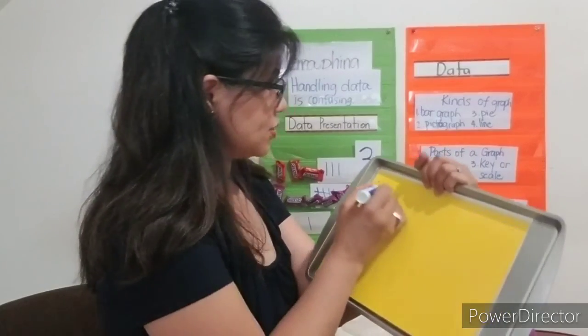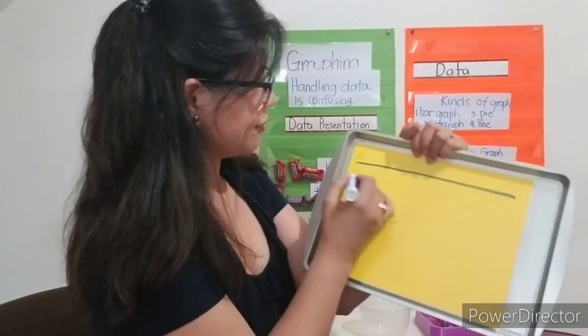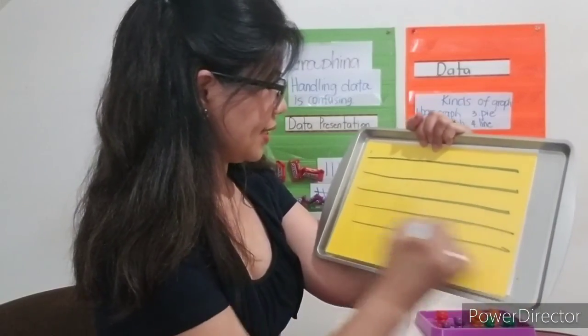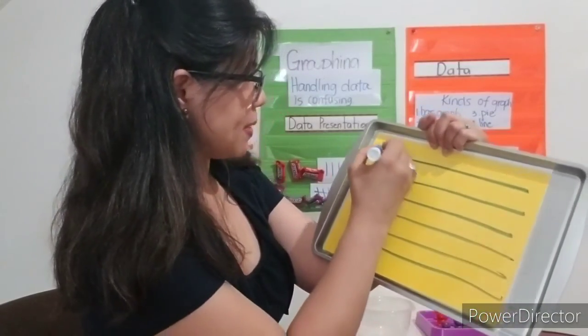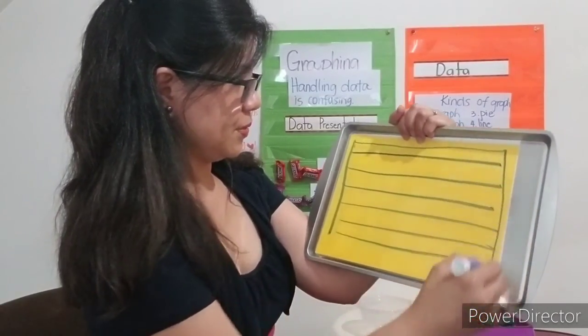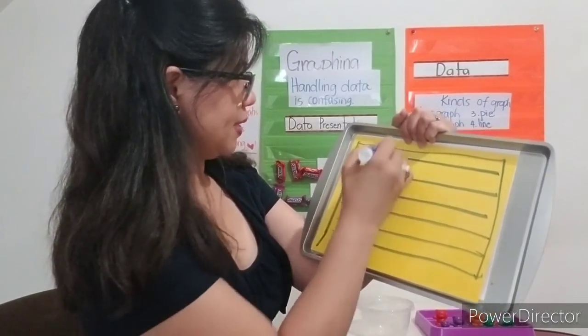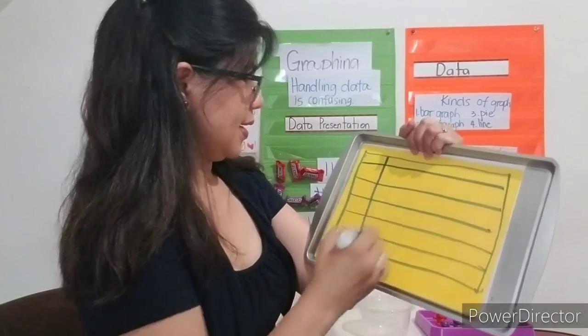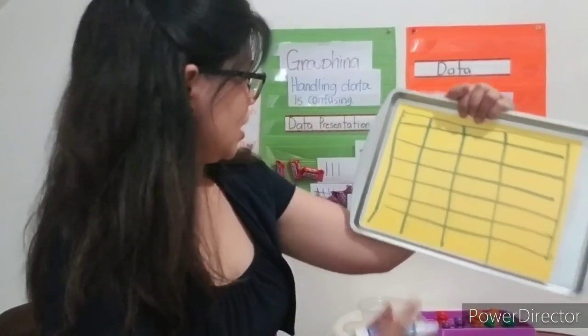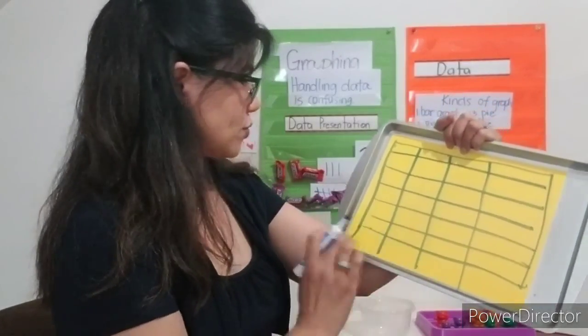Okay, so let's do this. I'll make lines here from left to right, left to right, and I'll close it up, okay? There we go. Pardon me. Then I'll split it up into 4 columns right there. Okay, so this will be, let's try